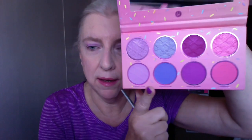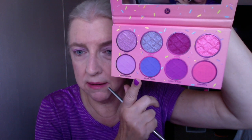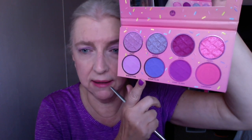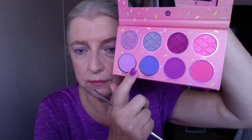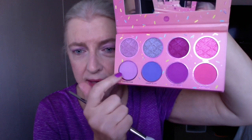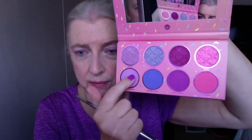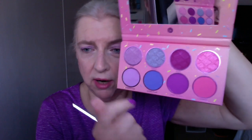I really couldn't decide when I looked at this palette. There were so many different directions that you can go. Oh yeah, I started talking about that and then I didn't even finish telling you. There are multiple tones in here and drastic jumps in color. If you look at the matte versus the shimmer shade, this is the same color, but there's a shimmer and a matte. This is the same color, shimmer, matte. They did that all the way across, and